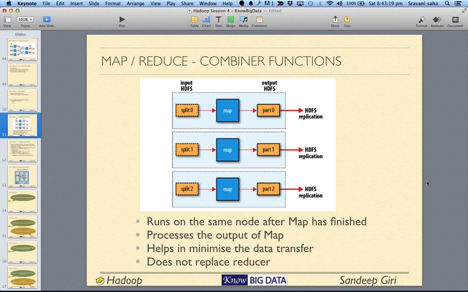All right. Now, in those cases, you would want that before we send to the reducer, let's do some processing of these key values in order to minimize the network transfer. And again, let's go through a little bit of a recap. There is an input split. We run the mapper, we generate the part, and then